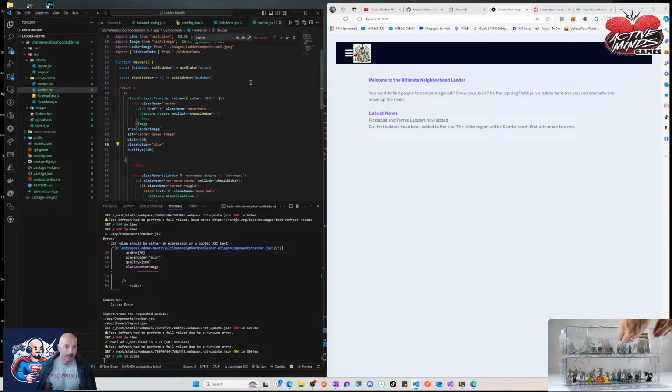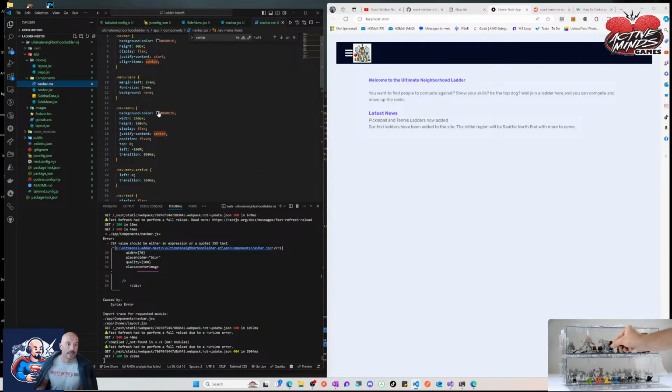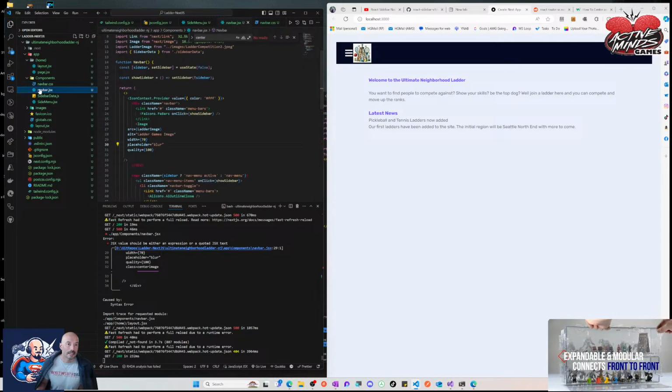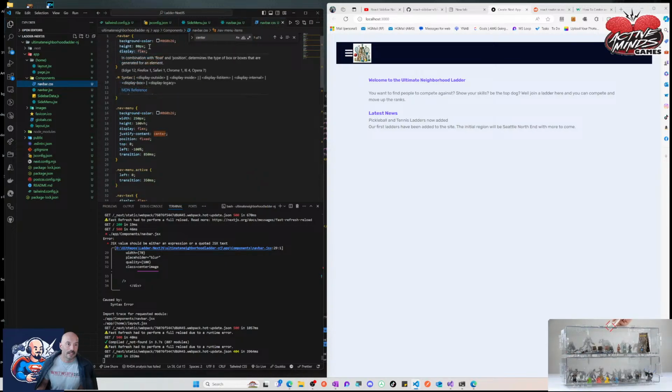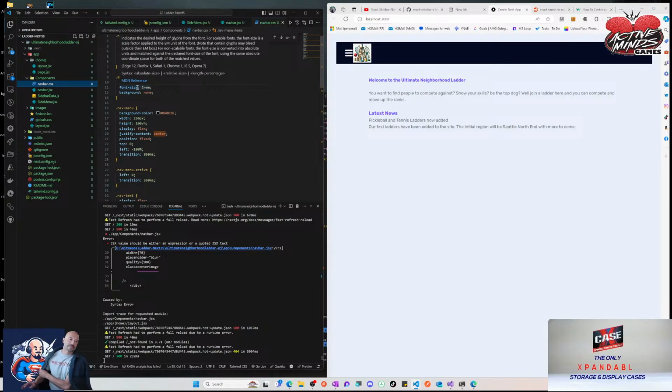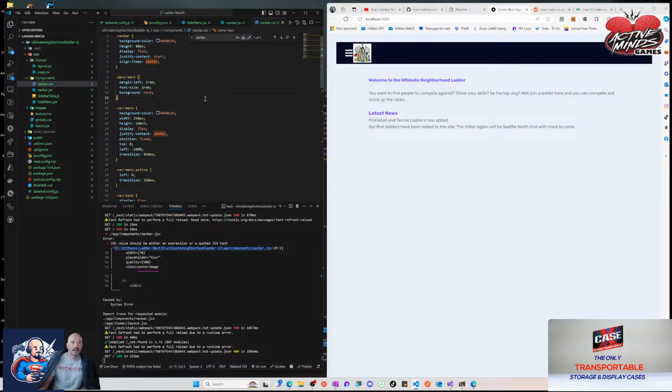Where is he defining a space? Because he's got this class name, menu bars. I don't even know where he's defining it. It must be part of his own CSS up here, his navbar CSS. Let's see what he's got over here. So yeah, he's got class name navbar. Okay, so the navbar is over here. And if I want my item in the navbar or in that area,